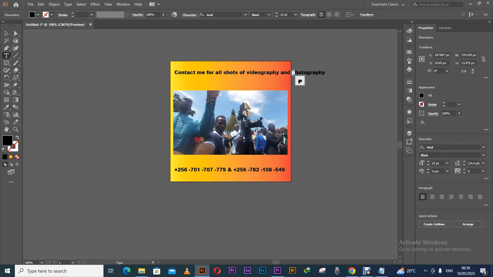Let me make this capital P, then V, then S and C. So for all sorts of photography, and let me make this a symbol, and videography,